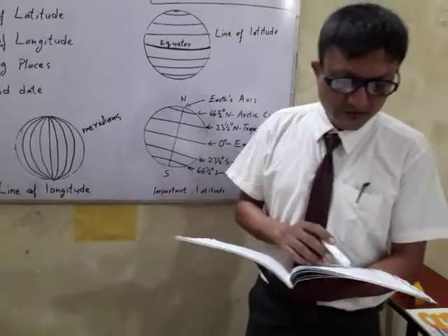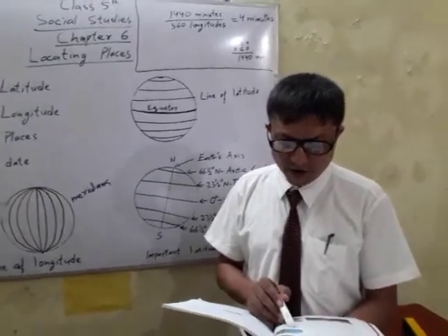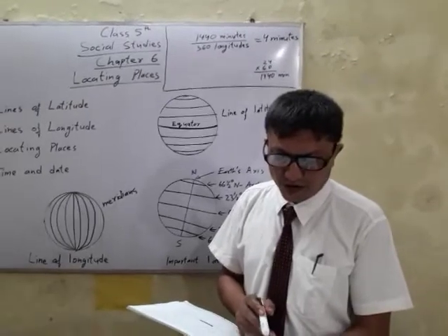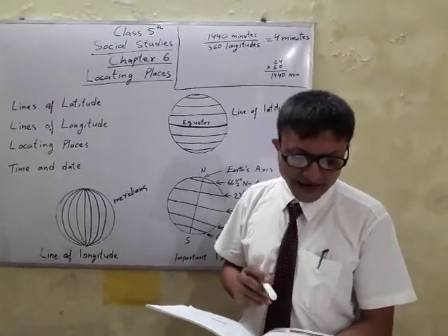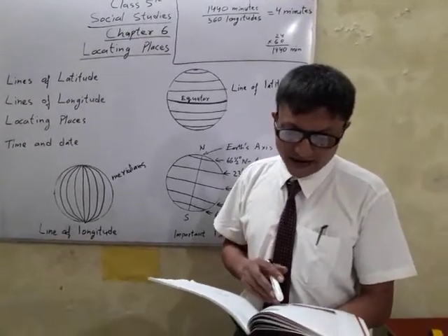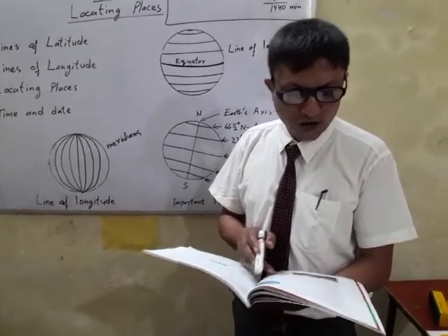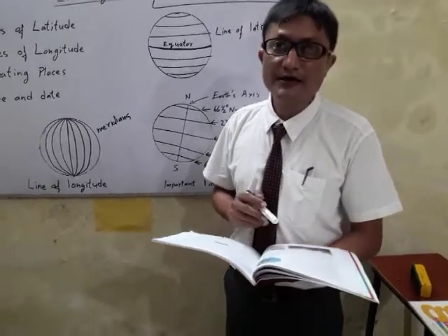Meridians means midday. When the sun is overhead at the 0 degree meridian, all the places located on that particular longitude will have midday. For example, if London at 0 degrees has 12 noon, then Accra, Ghana at 0 degree longitude will also have 12 noon despite being located on different latitudes.